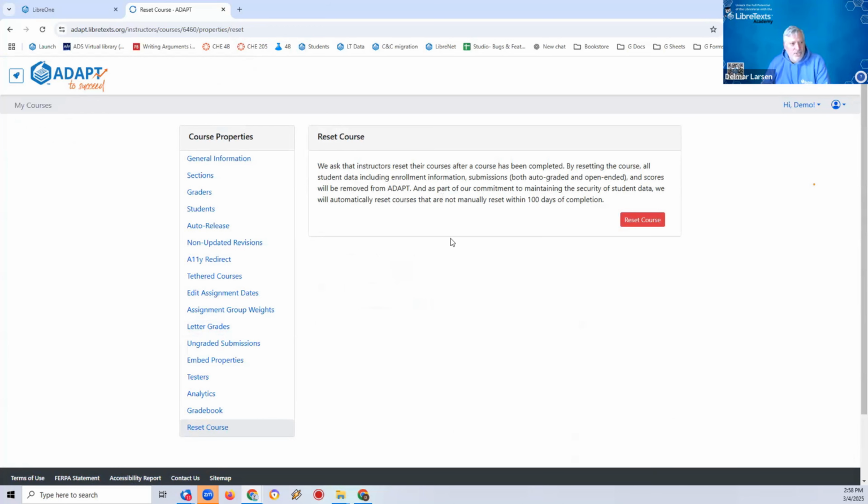While we have a lot of protections for student data, it's best if we don't have it at all, so we don't have any major risk connected to it. And we will then remind instructors every 30 days, I think, after the 100 days, to please reset their course. And then after 1 year, we will typically reset the course for them, unless we have a special arrangement with the campus where they may want to save the scores at one point.